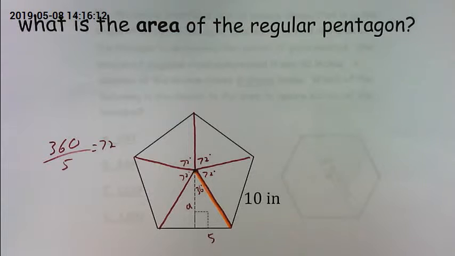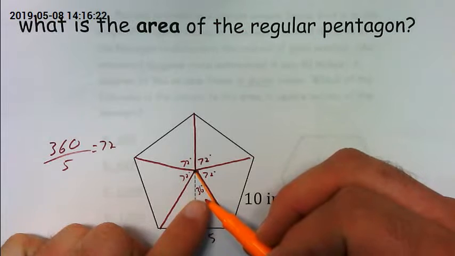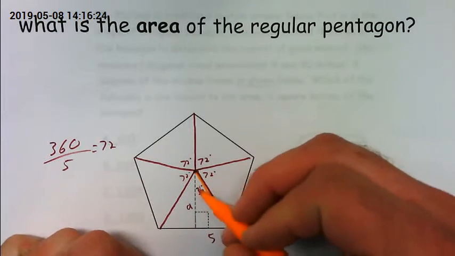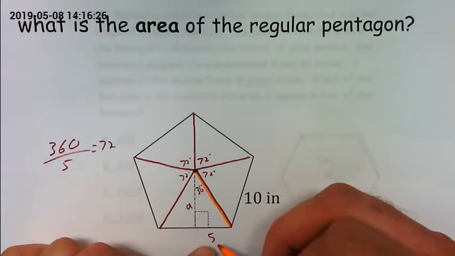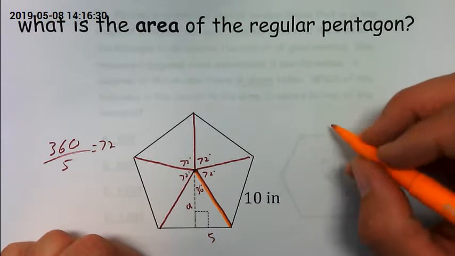All right, so a lot of you guys got the correct apothem. The correct apothem is 6.88. So let's talk about how we got there. If you're using the angle that I helped you find here, based on this angle, the 5 is the opposite, the A is the adjacent. So opposite and adjacent is